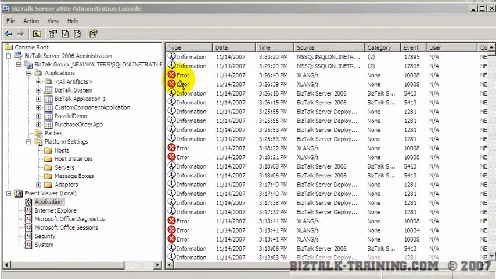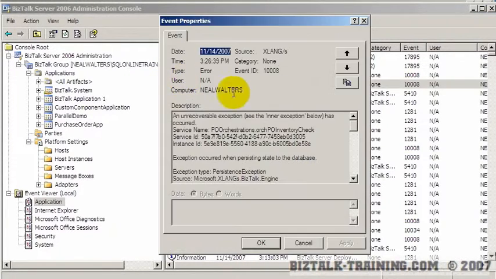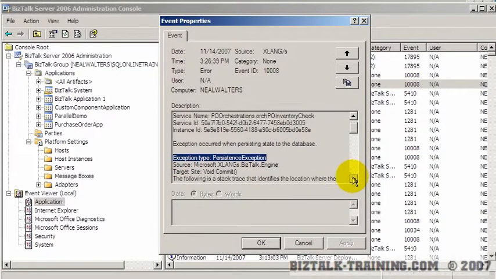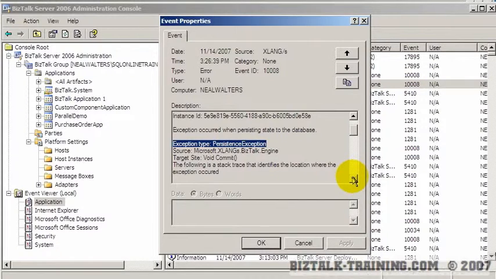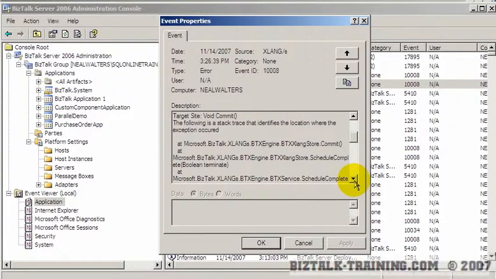Now we got past the last error, and we now have a new error. Basically this is called a persistence exception. If you drop a message and there's no subscribers, we've seen that message many times. And when an orchestration sends a message and there's no subscribers, this is the equivalent version of that message, a persistence exception. And it says, if we scroll on down here,